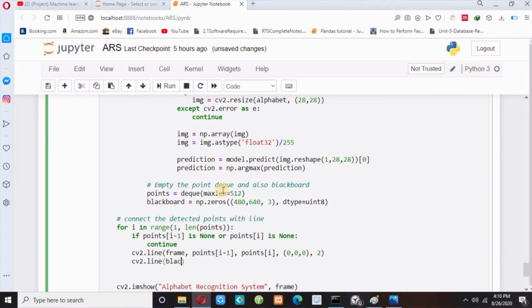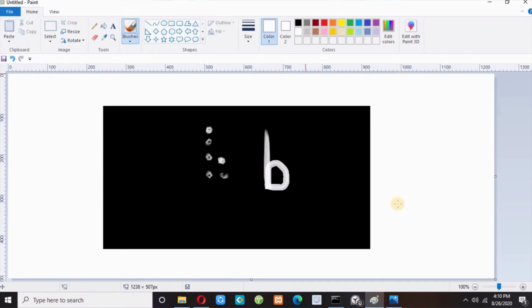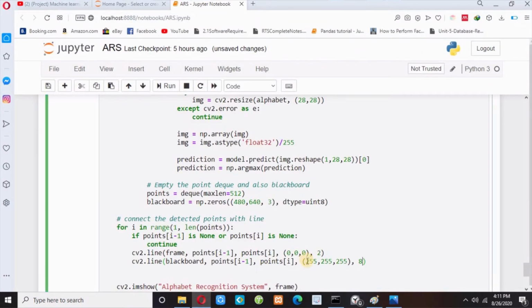So I have to pass blackboard, and points[i-1], points[i], and then, suppose, 255, 255, 255, and then thickness is 8. So what is this? This is simply the blackboard, and on the blackboard I have to draw white color. 255 is white color, and 8 is the thickness.